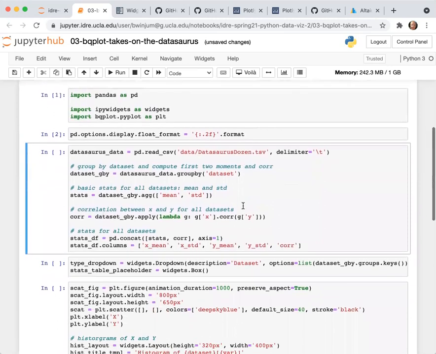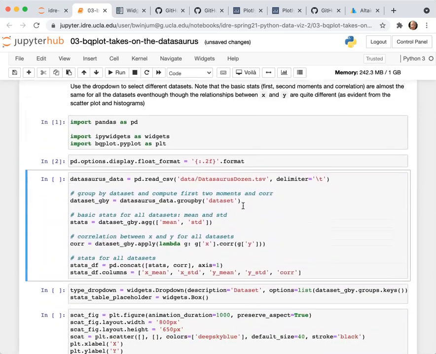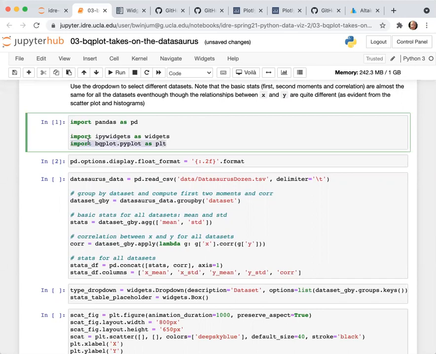I'll briefly describe what's here, although I don't want to hit you too much with how much is specified. A lot of this is just being very specific about what is being plotted and how you organize the data. Here's where you import BQ-plot. It actually has a somewhat similar API structure to what matplotlib does. So here it's assigned the same alias, plt.